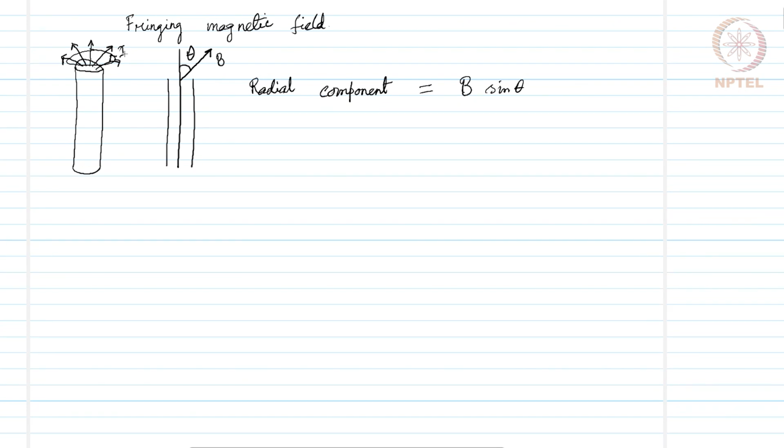So, the magnetic force will come from v cross B. If we consider v in the phi direction and B in the radial direction,